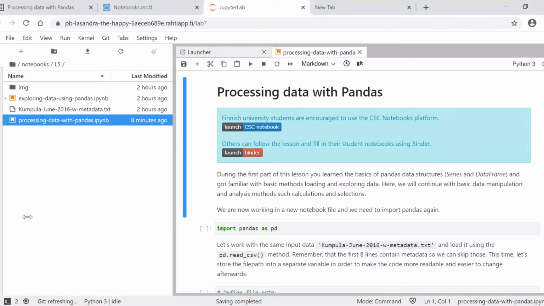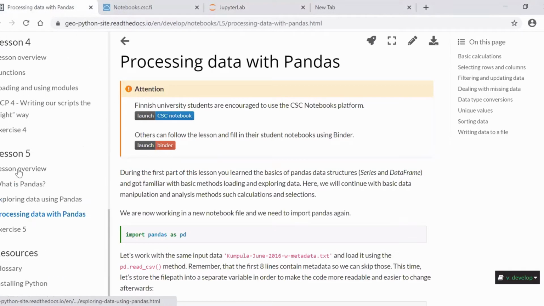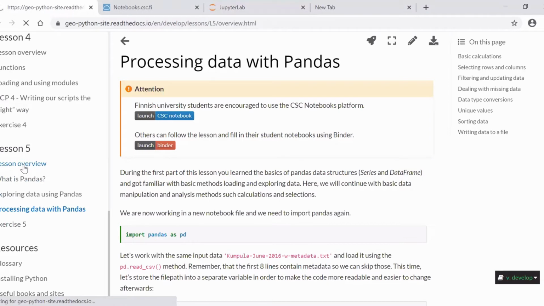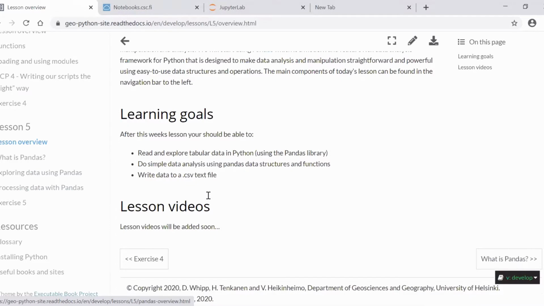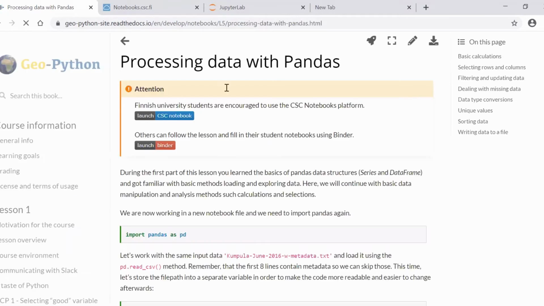All right, thank you, Dave. And hello again, everybody. So I will continue with the second part of lesson 5. I'll just quickly show on the web pages where to find the materials. So basically we'll now dive a bit deeper into interacting with the data, do some selections, and finally write some output to a file. So we are now starting from this processing data with Pandas